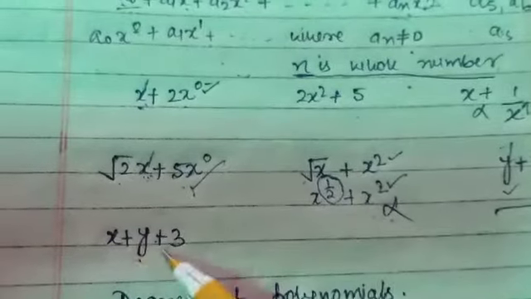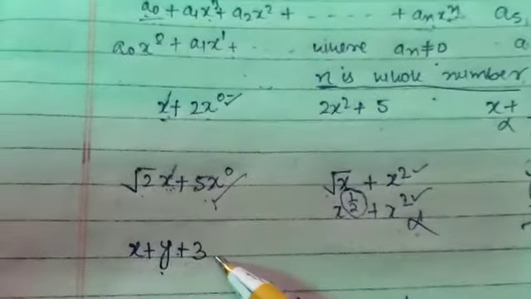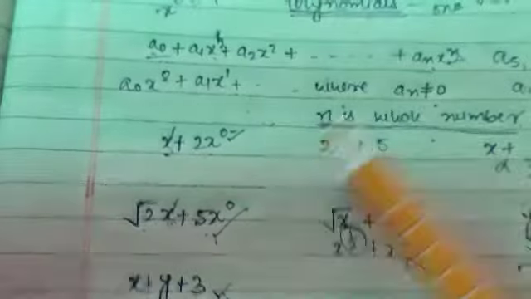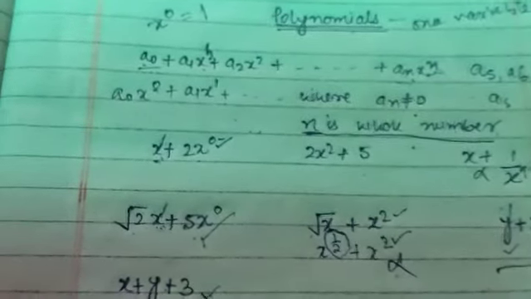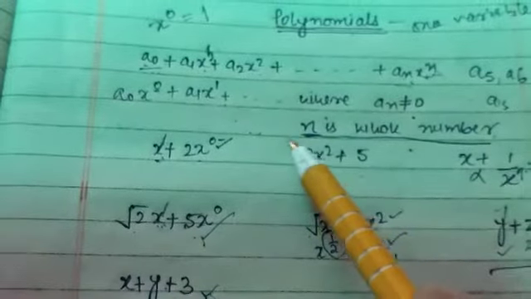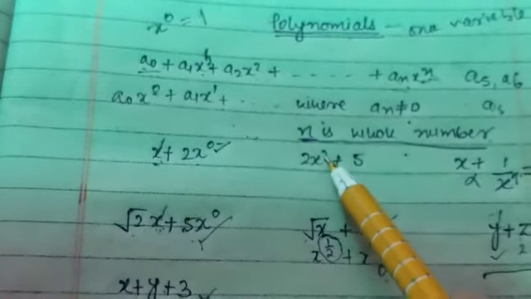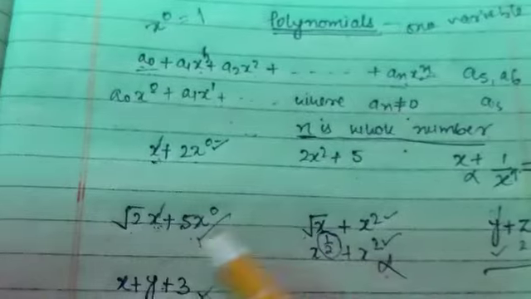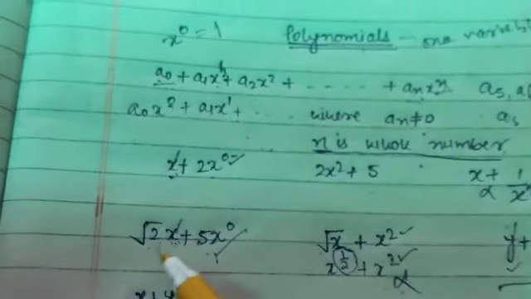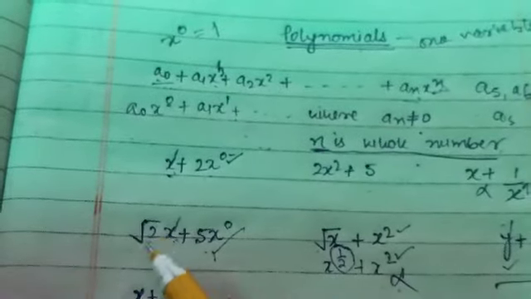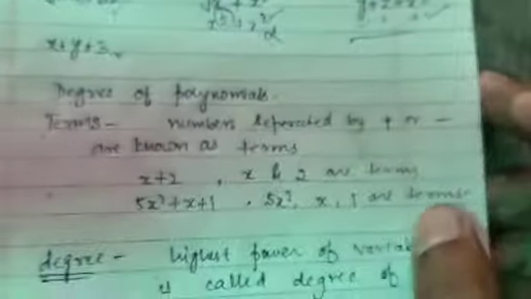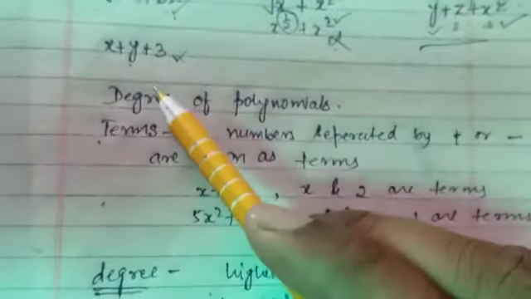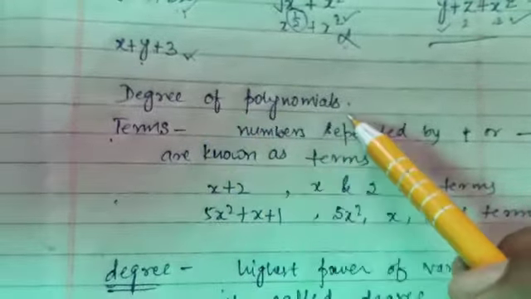Like that, there are 2 variables. This is also a polynomial, but we will leave it. Right, I hope you have understood the concept of polynomial. The key point you should care about is that the power should be a whole number, no matter what the coefficient is. Here the coefficient is under root 2, no matter, don't take any doubt, you only have to check the power of the variable. So after this topic we will move on to the degree of polynomials.